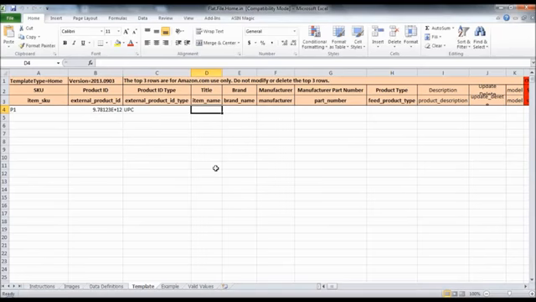Now please make sure your title is in such a way that the customer, when looking at it, has enough information to make an informed decision. Please start it with a brand name. In this case, this is a Prestige product that we are looking at. So the brand name will be Prestige.